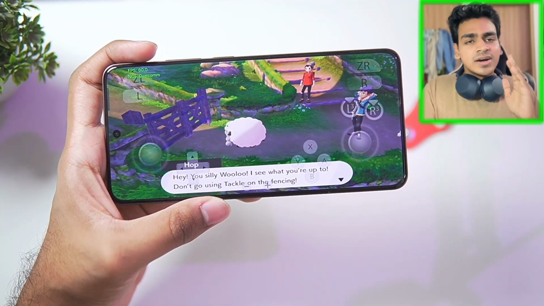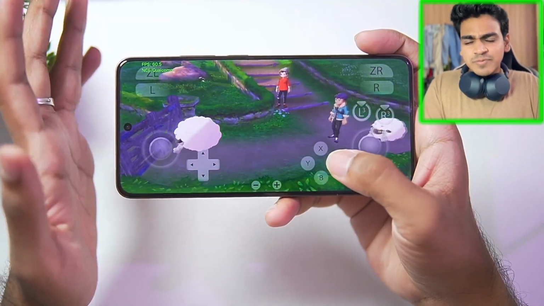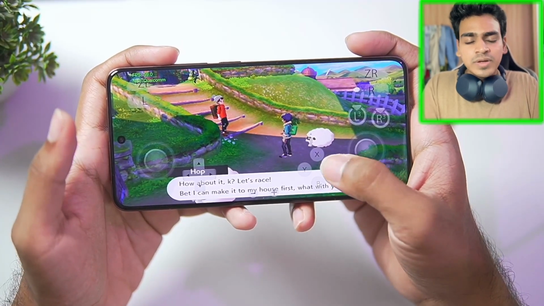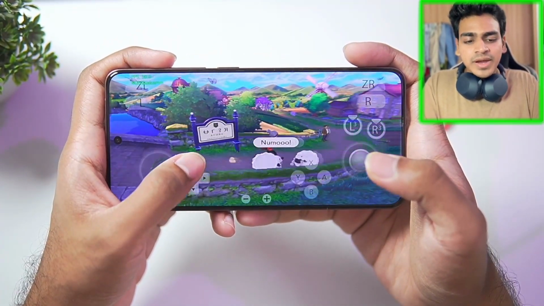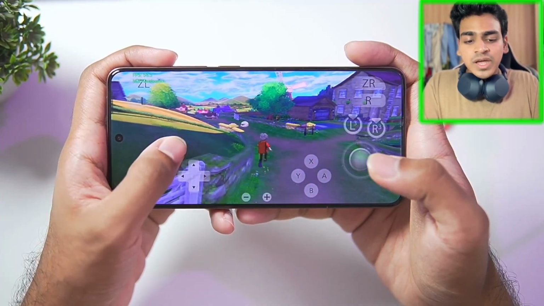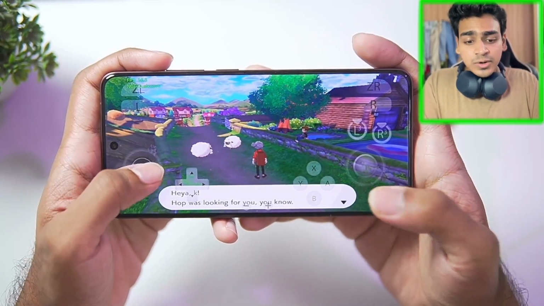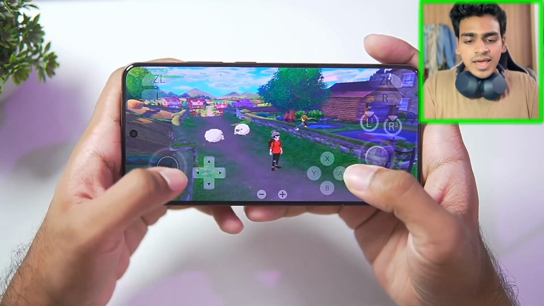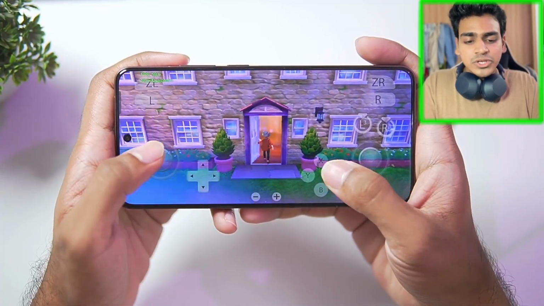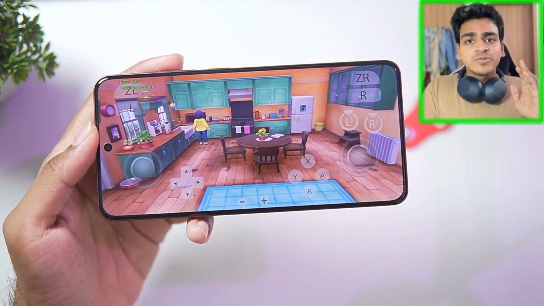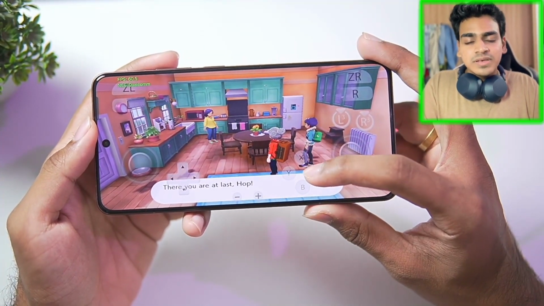As I was saying, on Snapdragon 8 Gen 3 and so on, I was only getting like 40 FPS maximum in Pokemon Sword in open world in these fork versions of the emulator. But here you guys will be able to see I am getting straight up 60 FPS. But as we are not using any graphics driver, there are indeed graphical issues, as you might be able to notice. Just take a look at this. The shadows are not being rendered properly. So yeah, there are definitely graphical issues, but at least the game is playable. That's what matters the most in my opinion, and that too at a very stable 60 FPS,